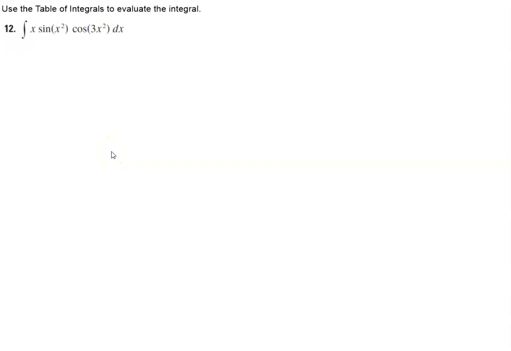Here we're going to use the table of integrals to evaluate the following integral. The following integral is x times the sine of x squared times the cosine of 3x squared times dx. First thing we're going to do is substitution. What we're going to let u equal